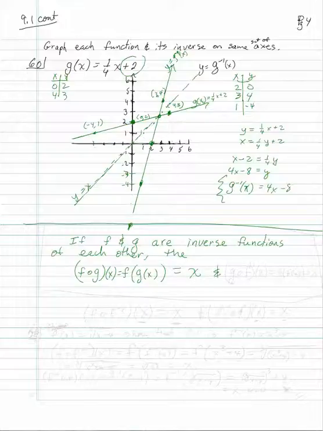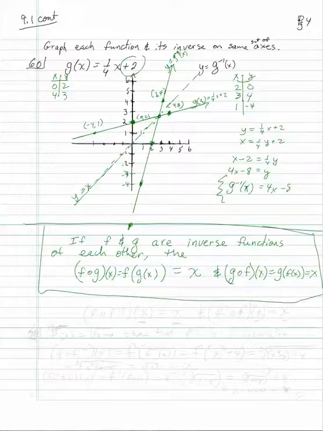And then you can switch it around. g composed with f of x is going to be equal to x. Okay? So another way of saying the same thing, f composed with f inverse, that's x,